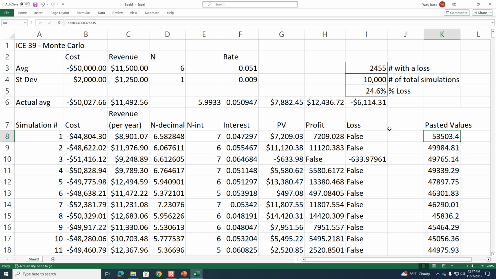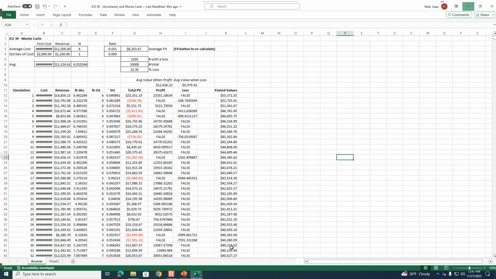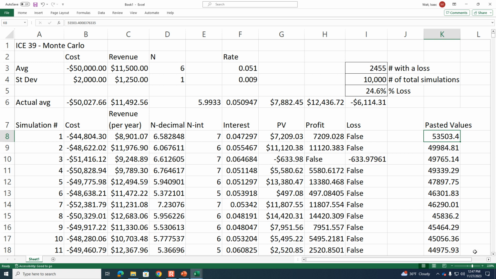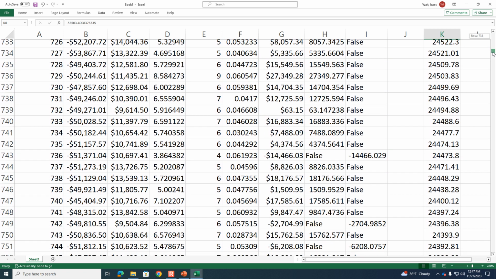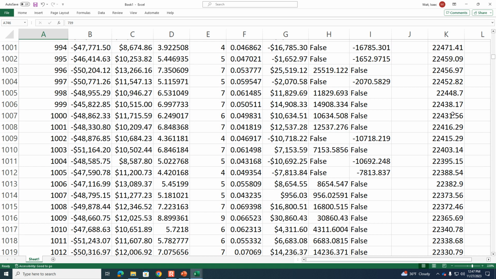So what this question in part E is asking is, what is the amount where there's a 90% chance that you will make less than that amount? Or the other way to phrase it is, what's the amount where only 10% of the present values are greater than that? So if we go down the list and find row 1,000, then that'll be the amount where 10% of the values are greater than that. I'm just scrolling down here. You can see the count is on the left. If I find simulation 1,000, since it's sorted,